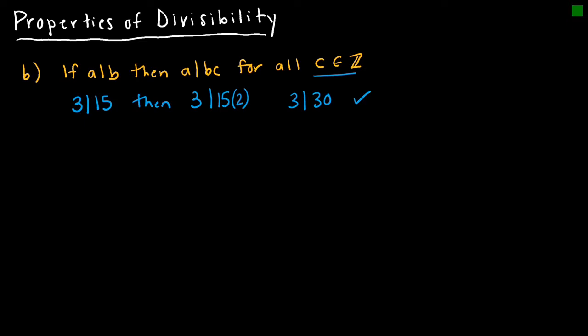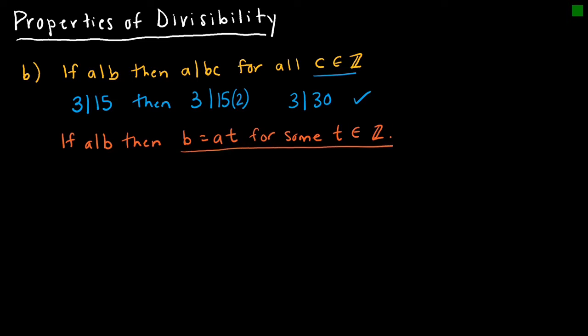So if we're looking at a proof, we're saying if A divides B, then B equals A, again we'll just use T, for some T. That of course is an integer. And again, where did this come from? This is just based on the definition of divisibility. So therefore,